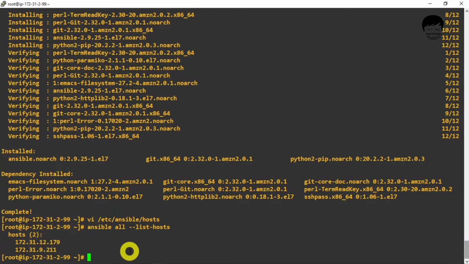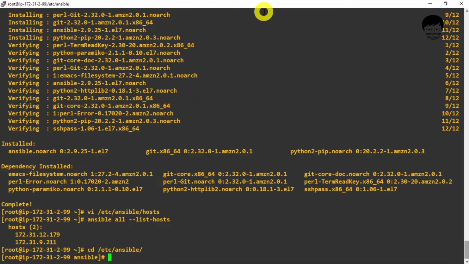So we have to make some changes in the configuration file, which is placed at /etc/ansible/ansible.cfg. So again, vi, or I can show you, cd /etc/ansible, ls.